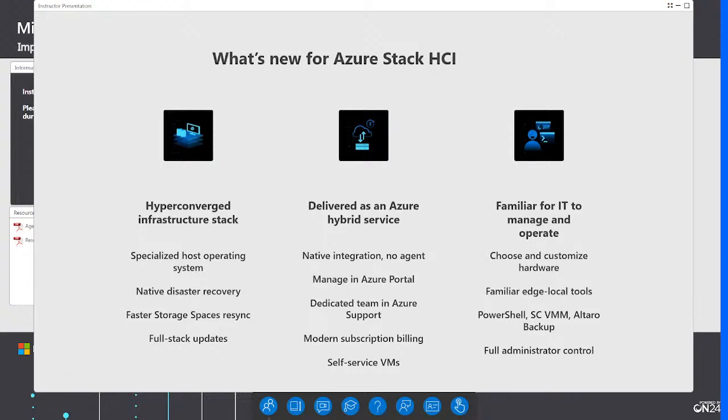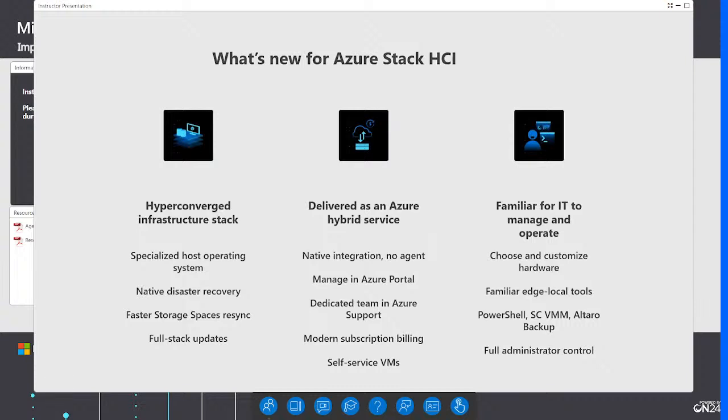So you can actually go out and customize the hardware of your choice, right? We have a huge catalog of Azure Stack HCI validated hardware together with our OEMs, where you can pick and choose and build it in the right size you actually need. From very small 2-node clusters, for example, for your branch offices, up to very high performance 16-node and